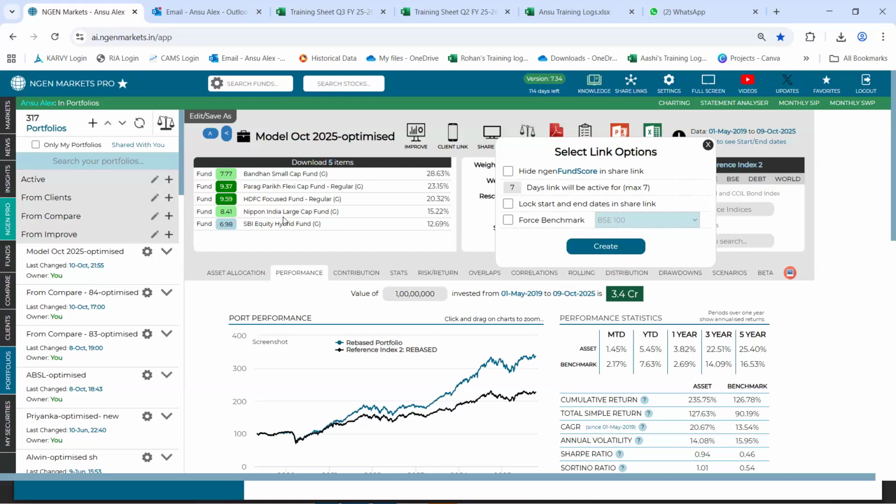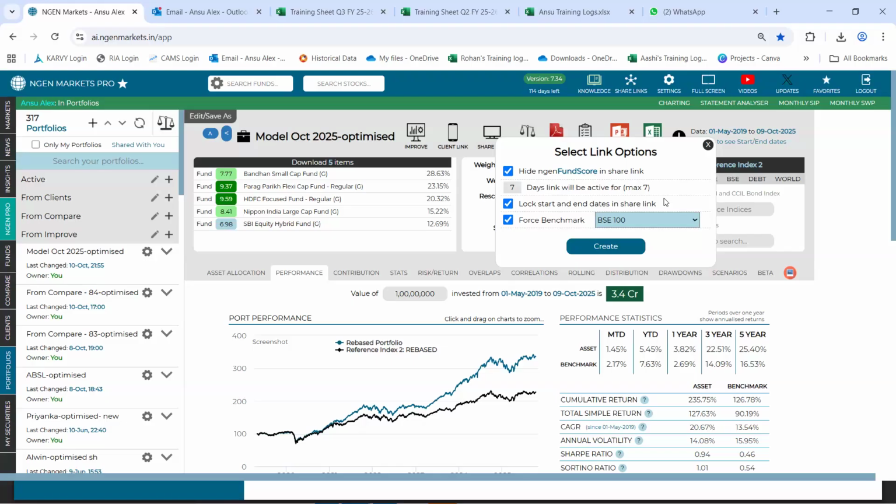So let's say you want a feature wherein you do not want to show these fund score to your client. You can click on the checkbox of hide engine fund score. Following that, you do not want your client to change the start and end date from this portfolio. You can lock that as well. In addition to that, let's say you want to force a specific benchmark for this portfolio.